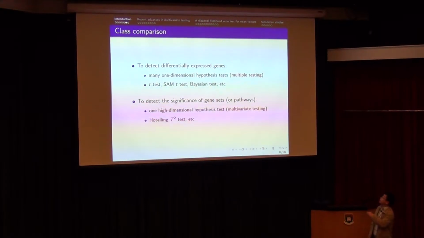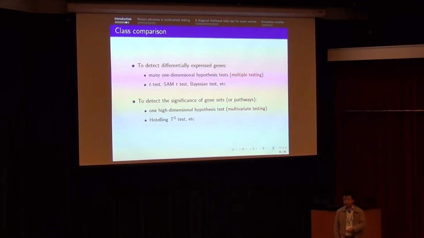In very classical statistics, we call this multiple testing. This started around 2000. The first paper was by Tiejun and others in 2001. Then about 10 years later, close to 2010,